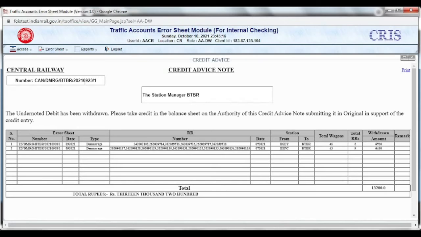Here is the CAN number. Here is the station name, and here is the total amount for which CAN is issued. And here are all transactions for which CAN is issued. And this is the total amount. Again, this is a printable format. For this, print option is given on the extreme right hand side.